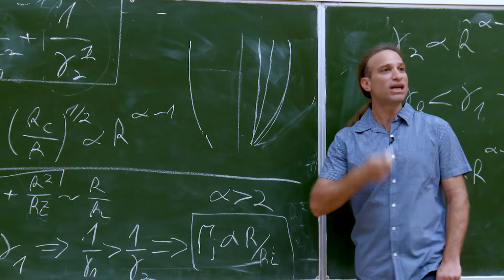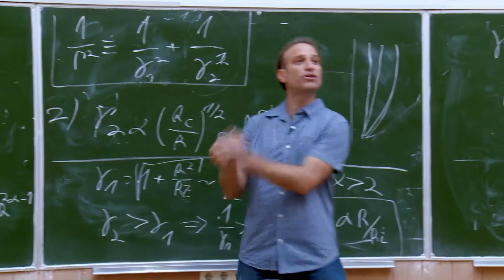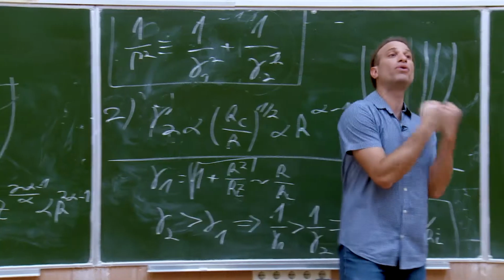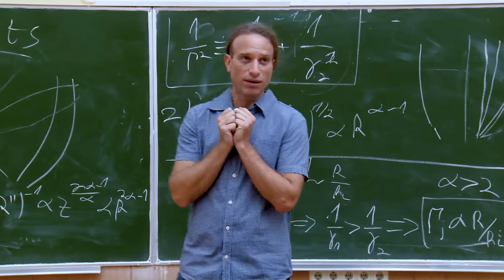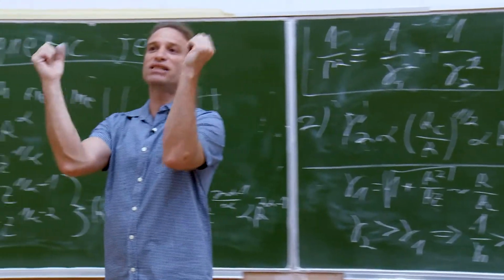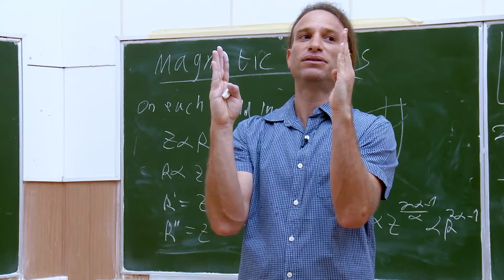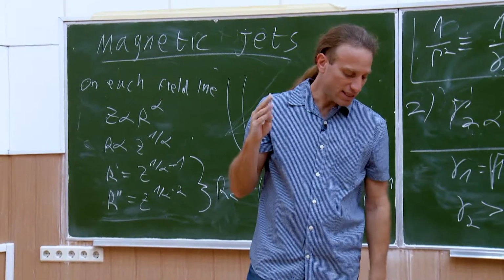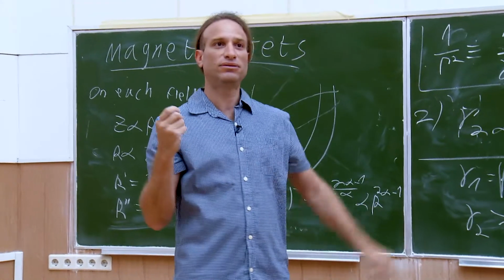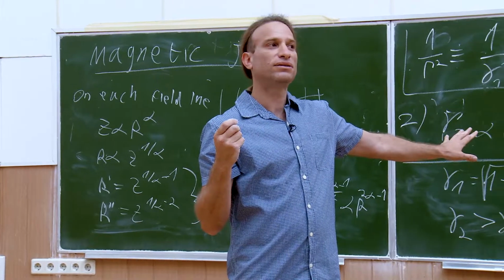So the acceleration in a magnetic jet, unlike in a hydrodynamic jet, depends both on the geometry of the jet and on the configuration of the magnetic field. In order to get very good acceleration in magnetic jets, I need jets that are very, very narrowly collimated. That's the conclusion from this drill. I will stop here.